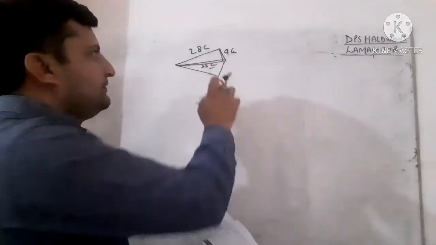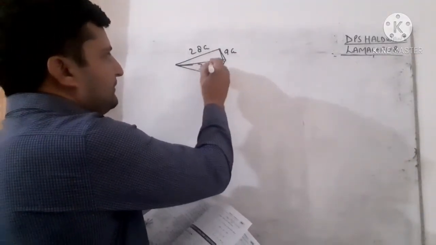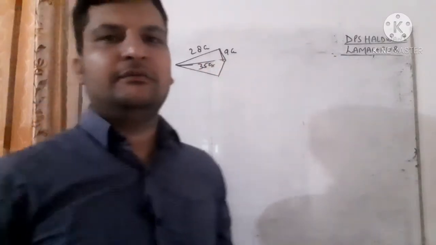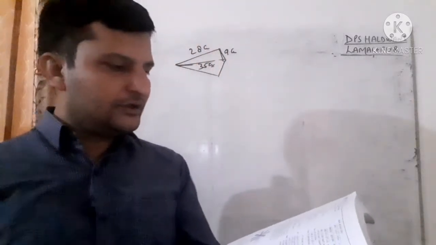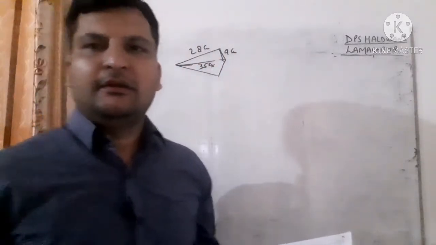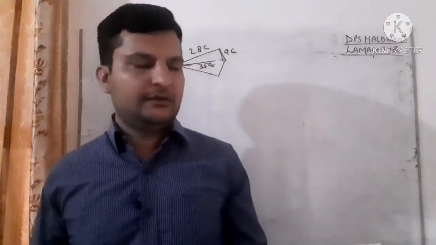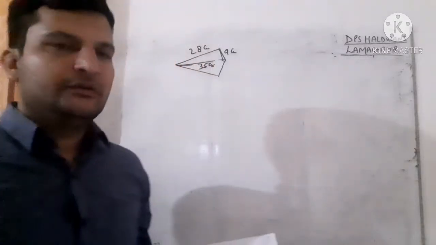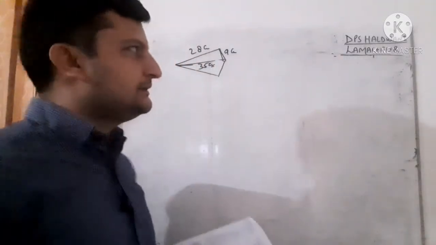So students, what we have to do in this question is find the area of one tile and then multiply it by 16, and in the last it is given to find the cost of polishing the tile at the rate of 50 paise per centimeter square. Then the area will be multiplied by 50 paise. 50 paise means 50 by 100. I think we can write it as 1 upon 2 rupees also. So we can do it like this. First we have to find the area of this region.